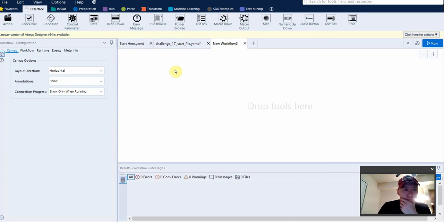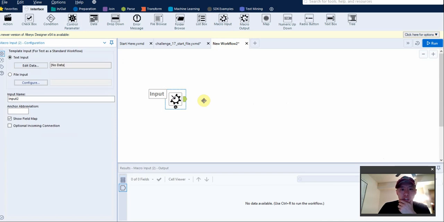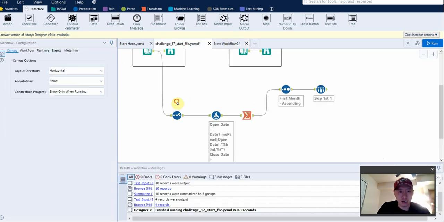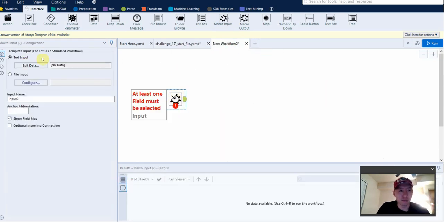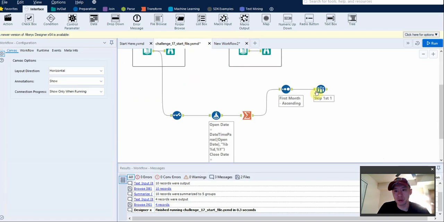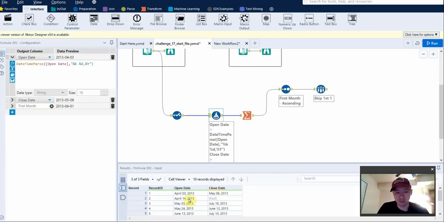Okay. So first and foremost, you need an input tool. That's where the data is going to feed into. For this to work, you need to feed it some dummy data. Usually what people like to do is they like to feed it whatever they're going to shove in there. In our case, it's going to be this. All right, so